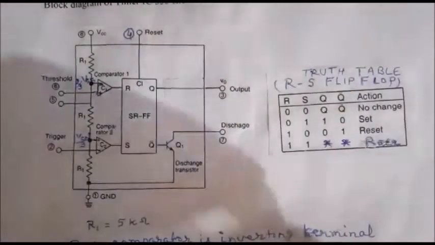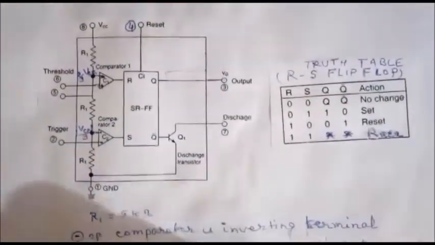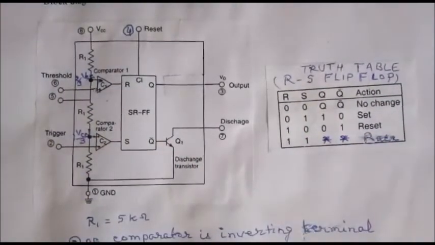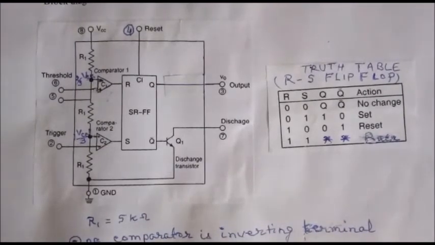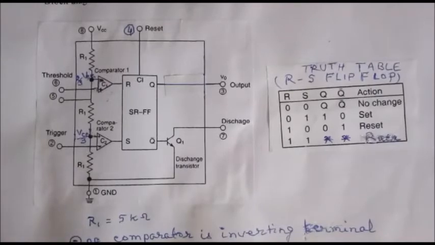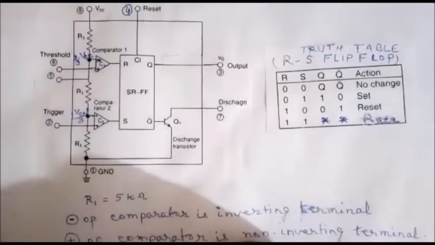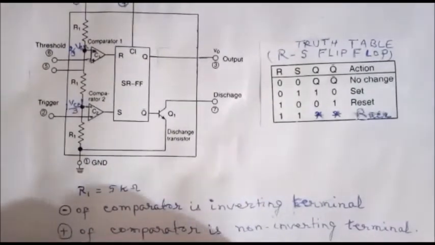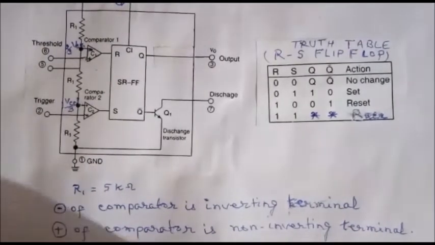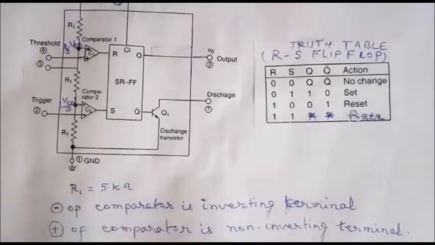Now let us see how this functional block diagram explains the working of this IC timer. If you observe the diagram, you find that on the upper comparator, that is comparator 1, 2/3 VCC has been connected to the minus, that is the inverting terminal of the comparator C1. And on the lower comparator C2, VCC by 3 has been connected to the plus terminal of C2, that is the non-inverting terminal of C2. So if we consider their performance, we find that,